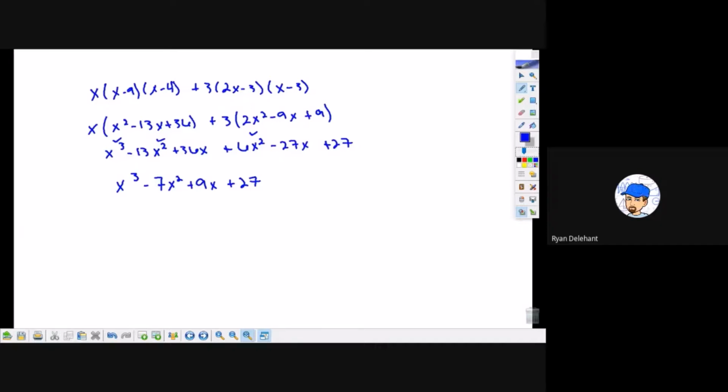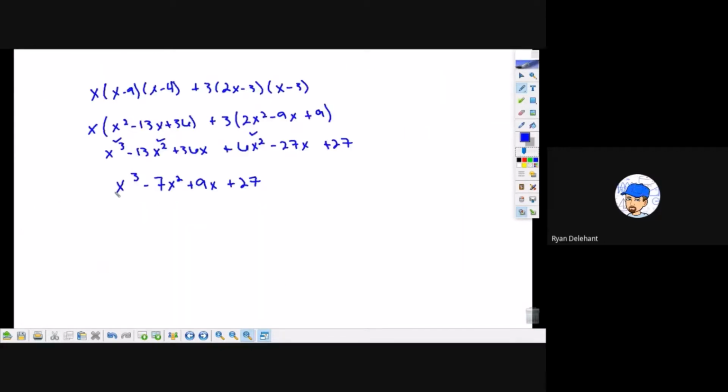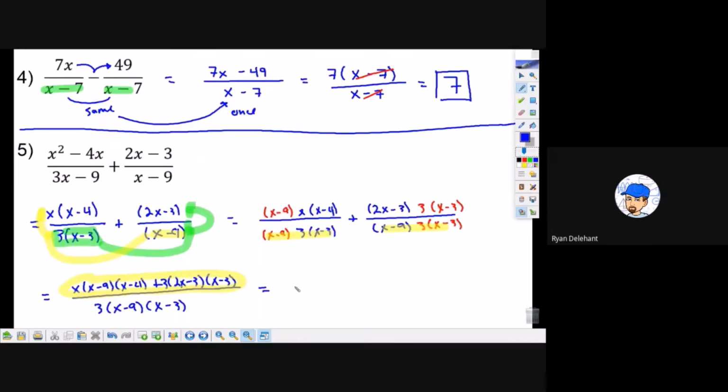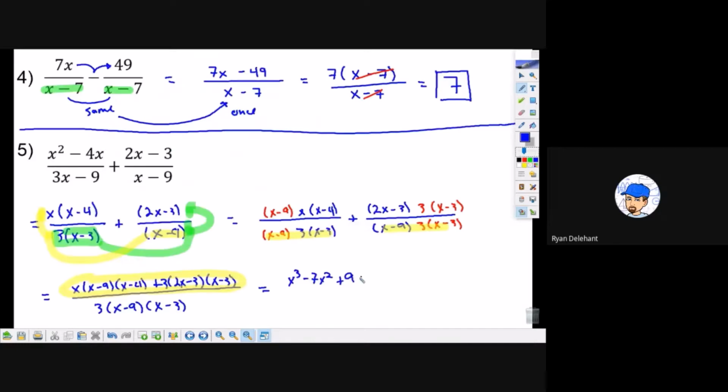So that means all the top turns into that. So right here, we ended up with x to the third minus 7x squared plus 9x plus 27. And it's still over that stuff. Now we are left with a little bit of a bind in this one